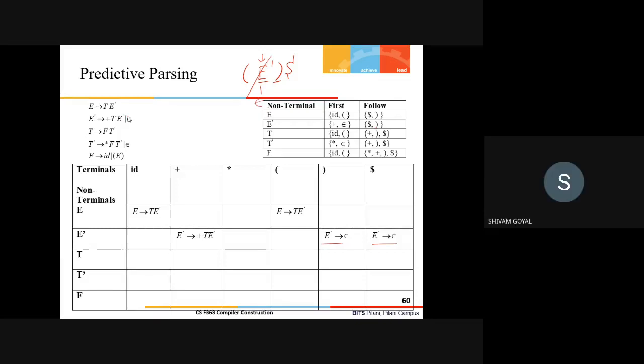Fine, guys? Excuse me, sir. Yes. Sir, we will not have E prime in the input stream, right? Right. So as I said, this is a process of the derivation right now. This is a derivation. And at any point of time, if you concatenate the contents of the stack with the contents of the input stream, this will completely become one configuration.